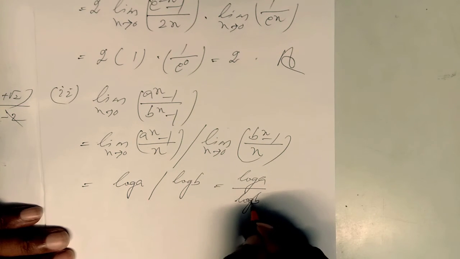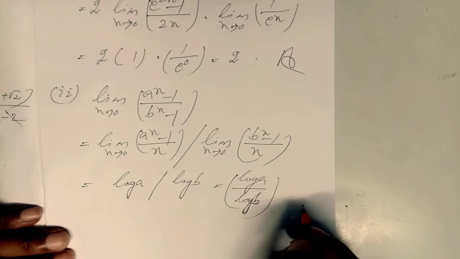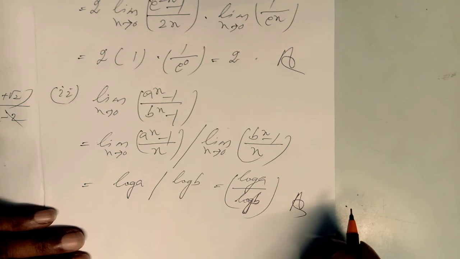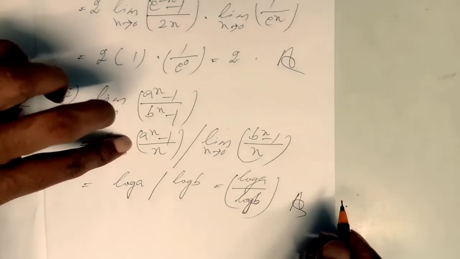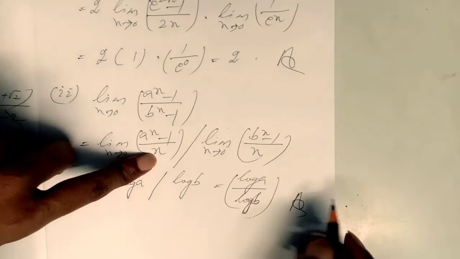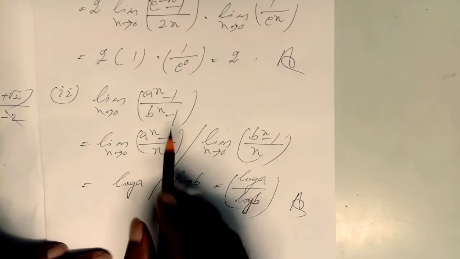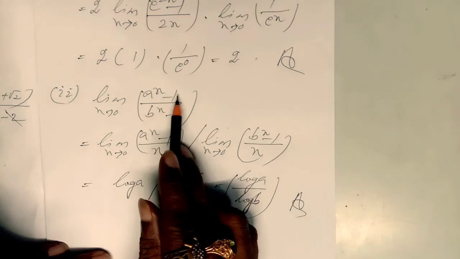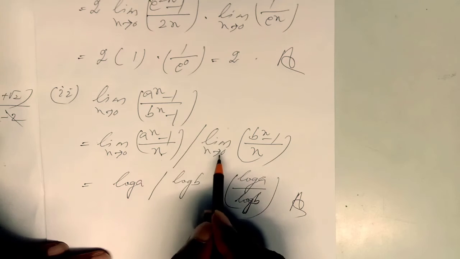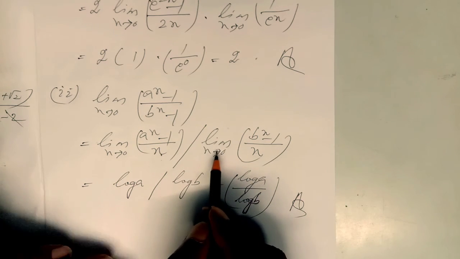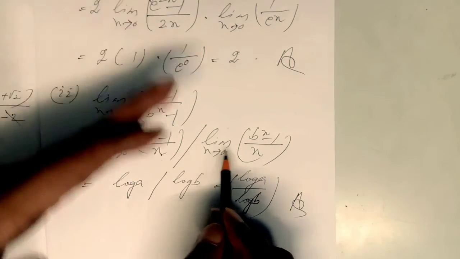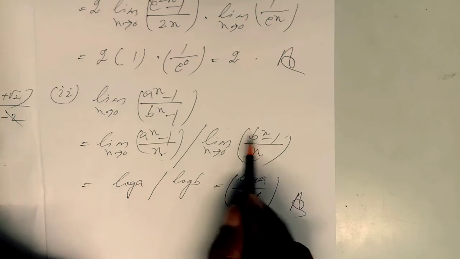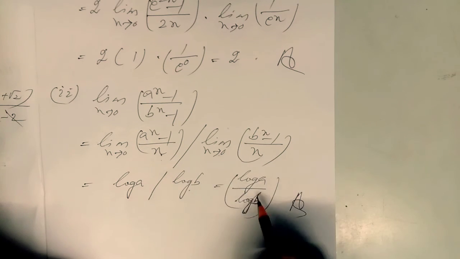Okay, log a by log b. This is the answer of number 3 second part. I hope you are able to understand the process of solving. This is a directly formula based question. You just have to divide by x in the numerator, and in the denominator also I have divided by x. Means I have to write like this: a to the power x minus 1 by x. Again limit x tend to 0. I am writing separately the limit of numerator and the limit of denominator. Limit x tend to 0, b to the power x minus 1 by x. As for the formula, this will be log a by log b.